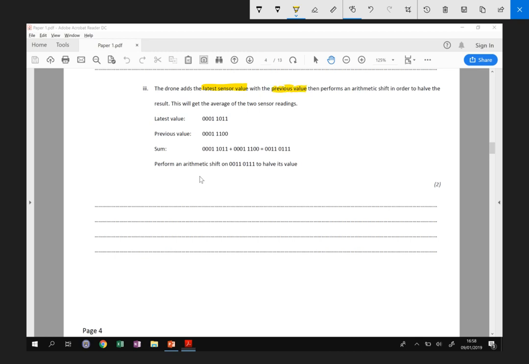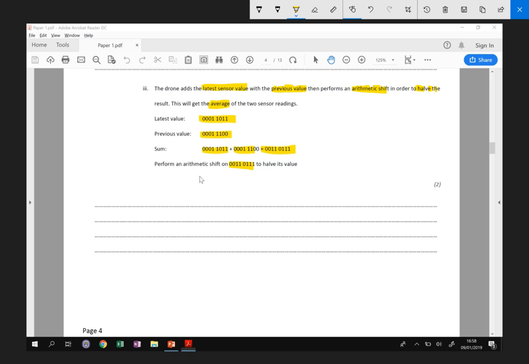and it gets the previous value, a fraction of a second before, and it does an arithmetic shift, we'll talk about what that means in a mo, to half its value. So if you add 2 numbers and divide by 2, that's the same in maths as taking the mean, the average of those 2 values. So let's say it's that far above the ground, it was that far above the ground, we add the 2 together to get that. The question actually only asks us to do the arithmetic shift on this number to half